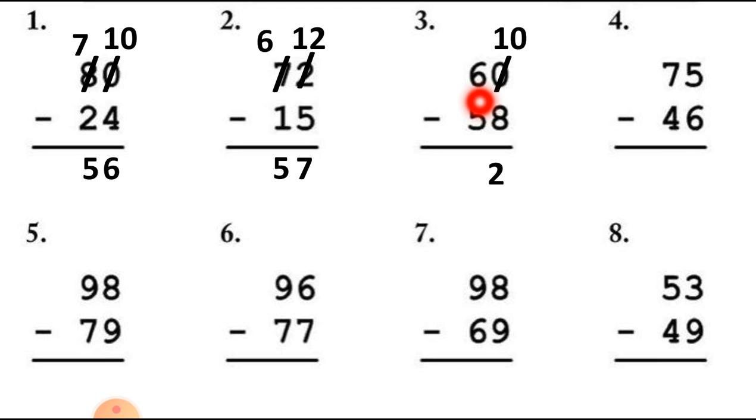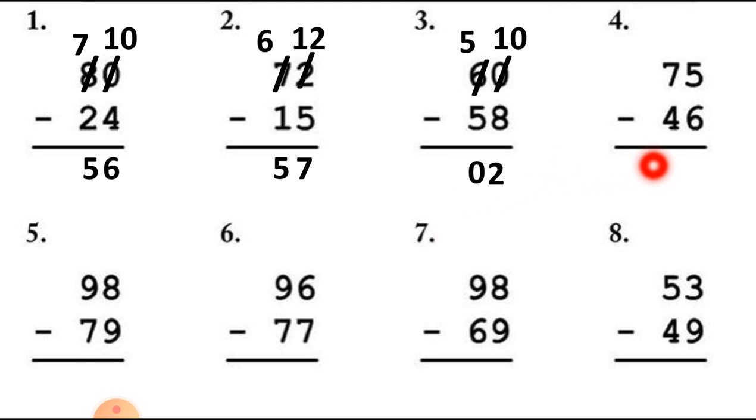Now let's move to the tens column. We are taking 10 numbers from the 6. So we have to cut 6 number first and cut 1 number from the 6. 6 minus 1 is equal to 5. Here is the 5 number. Now let's cut 5 number from the 5 number. If you cut 5 number from the 5 number, so which answer will come? 0 will come, right? So here is our answer 2.